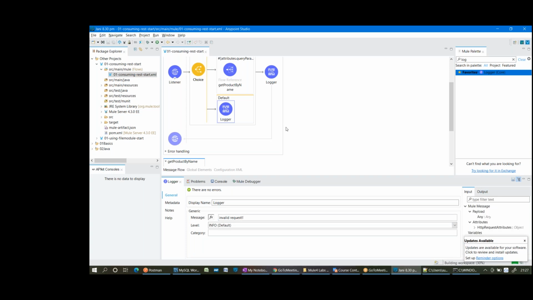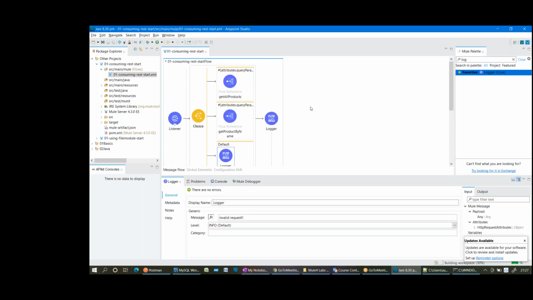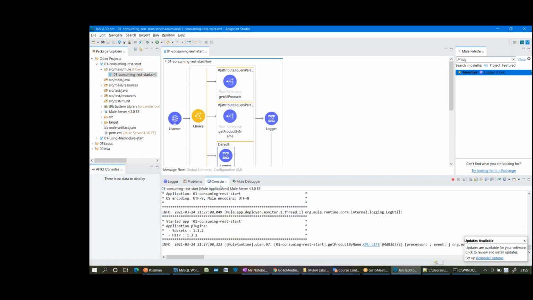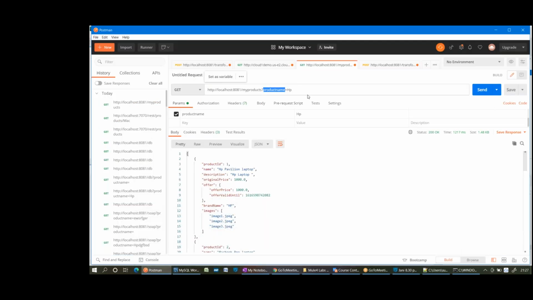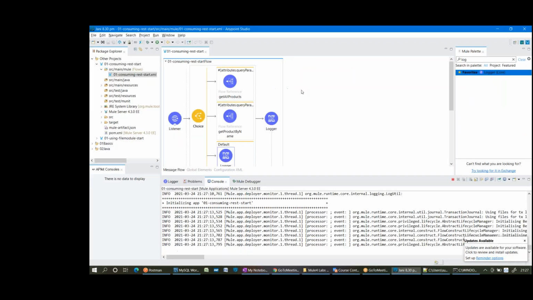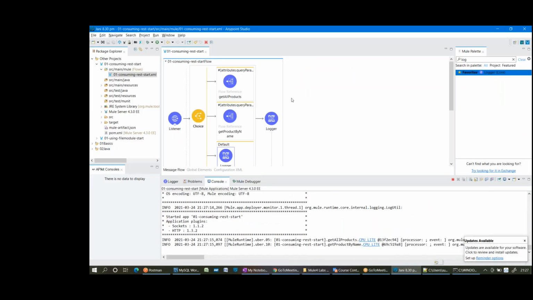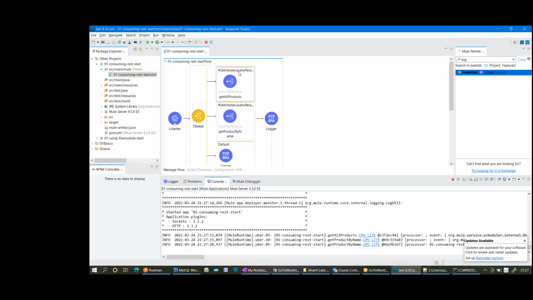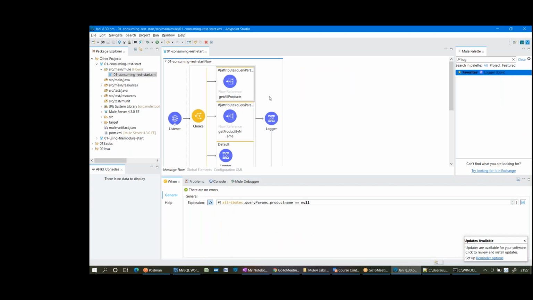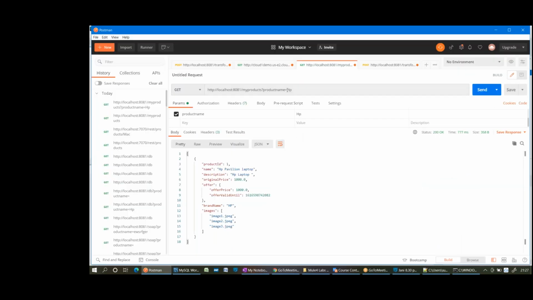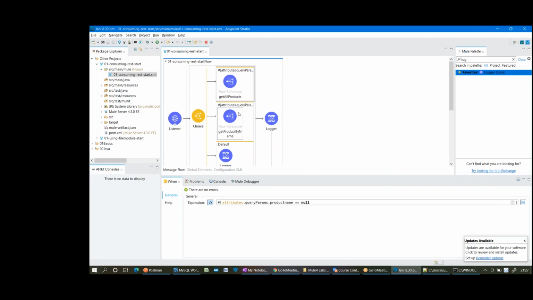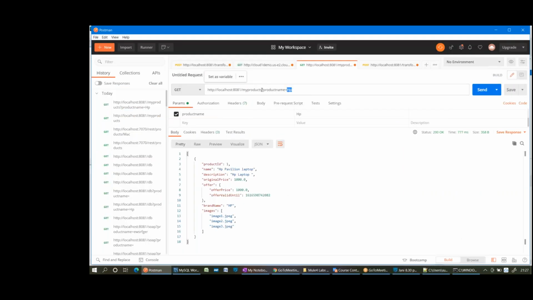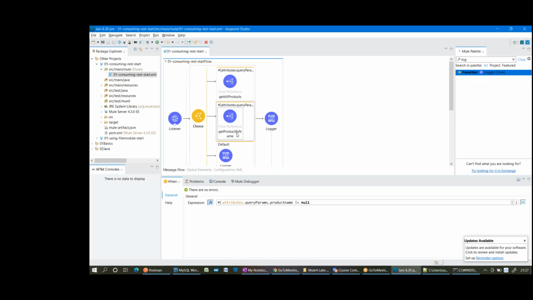Okay, save it. Now I save this application, right? Once I save it, if I give this request, will I be getting HP products? Yes or no? That means first condition is satisfied or failed? It is failed because it is not equal to null. I'm passing some value. So then it will come to the second one. The second route, is it satisfied? Yes. So it will go to get product by name.